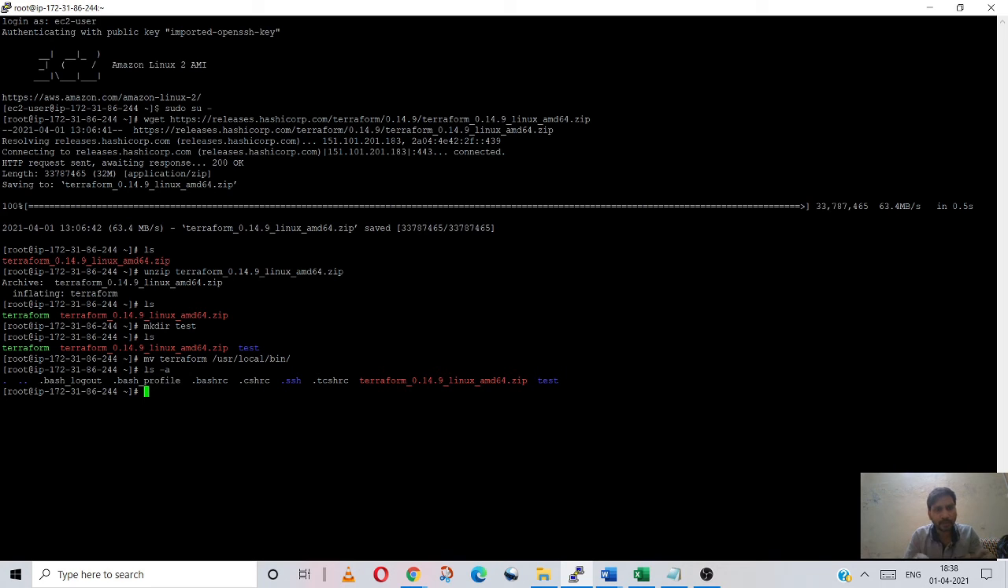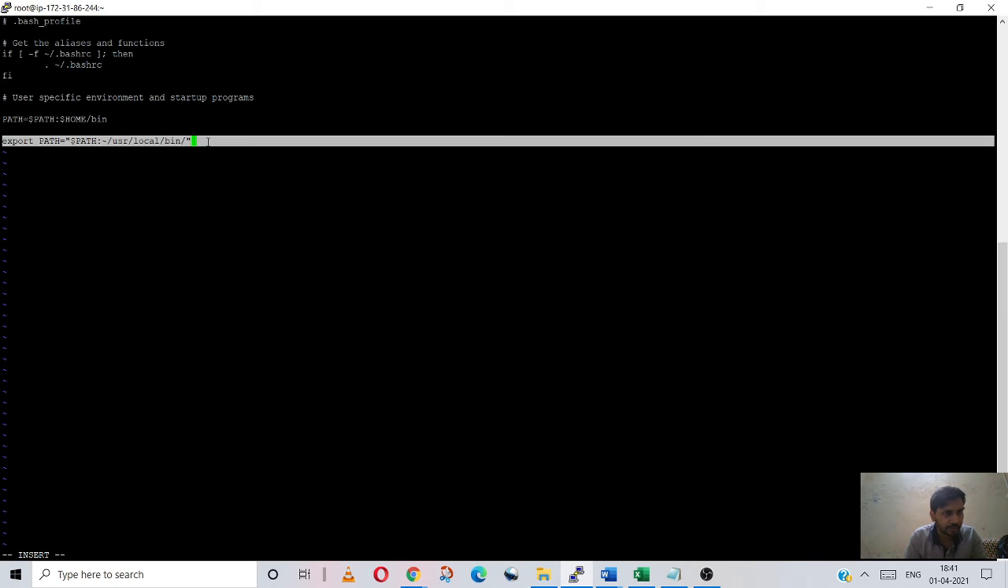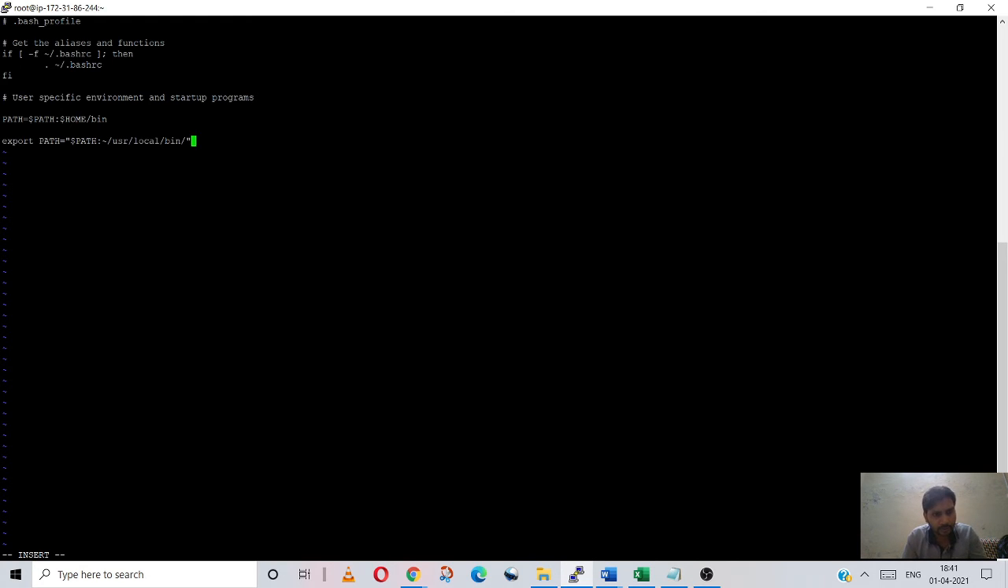So how can you make an entry for that? I'll be using vi .bash_profile, and as you can see here the option is export PATH. So as you can see, I have just made an entry for this particular path where we have simply moved the Terraform file. So I'll save this